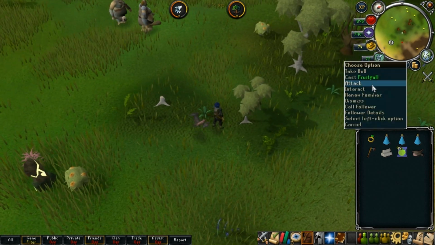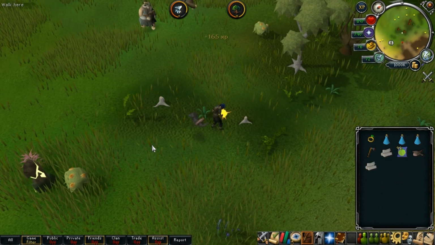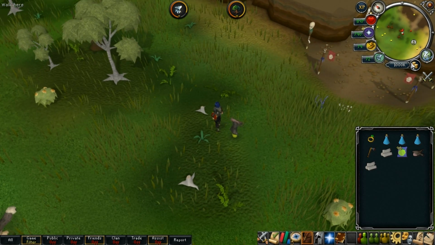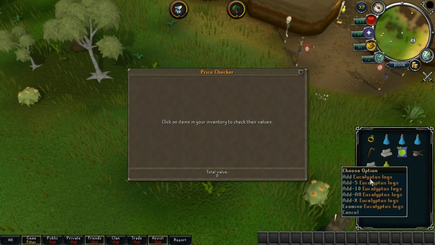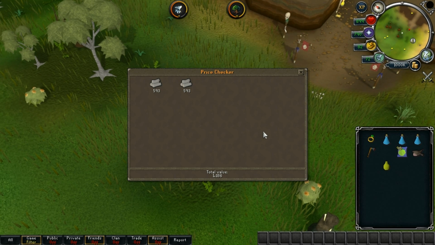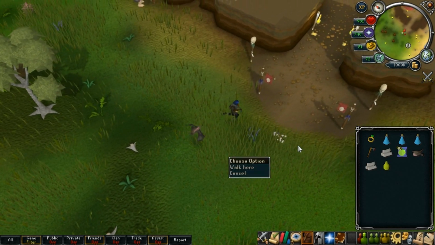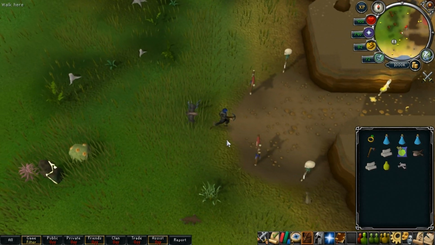So every time you get a log, you can just cast fruitful, and then fruit will be dropping, and papayas. Now I would strongly recommend keeping these papayas. As you can see already, I've just made tons of money. Also, of course, you need to pick up the drops, and then the respawn is not too long, even though